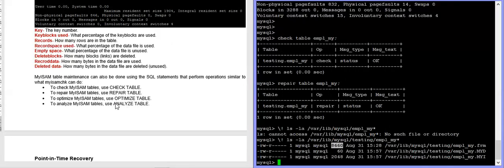It is also better to use analyze table after this, or if you did not use optimize table, you can use analyze table, so that the statistics of your table are updated frequently, and it will be better for your optimizer to use these statistics for optimization of your queries.